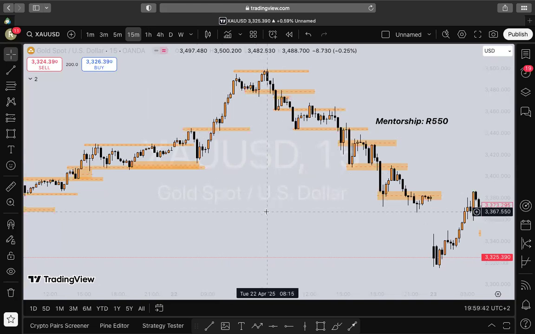Okay, we spoke about 2 fair value gaps, a buy fair value gap and a sell fair value gap, right? And we said what makes a valid fair value gap? A break of structure, right? Never forget that. A break of structure, right? Again, an order block, an OB. What makes a valid break of structure? What makes a valid OB?